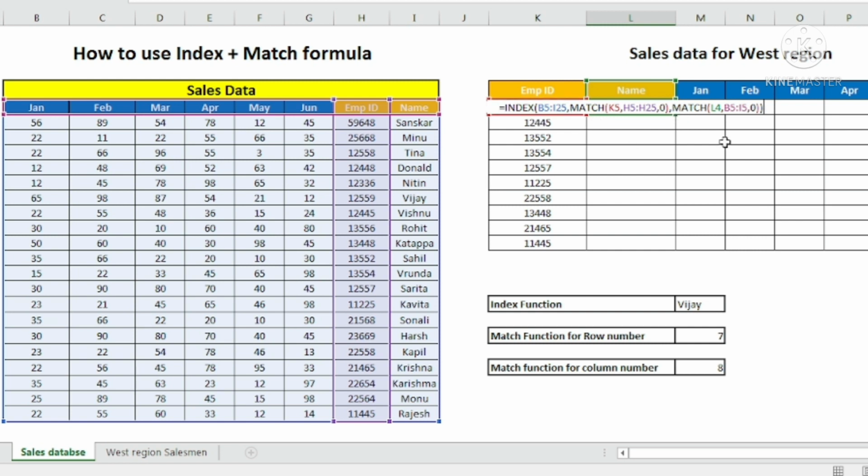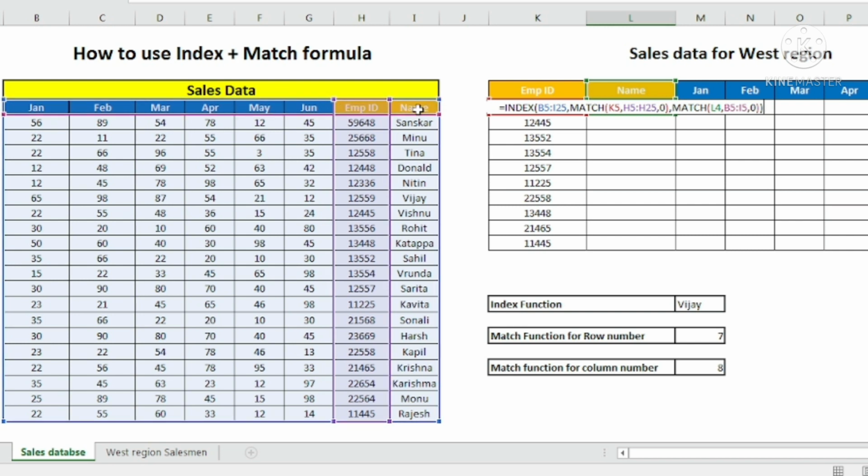Now for index, I need to give it the column number for name. Then again I use the match function and give the lookup value as name, and the array as only this particular row. So look, the match function will go into this particular row.